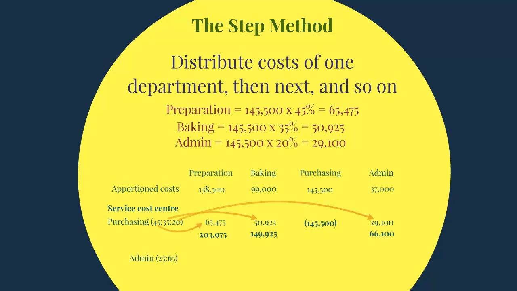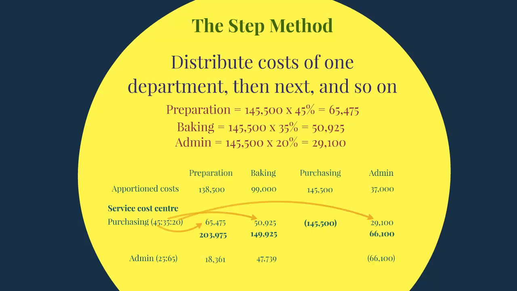So now we take the 25 to 65 ratio and we work it out again using that 25 over 90, because of course we no longer have a purchasing department to apply cost to in this sense, which gives us